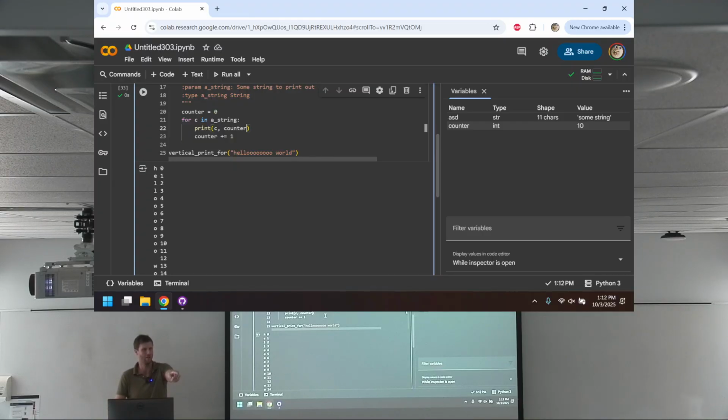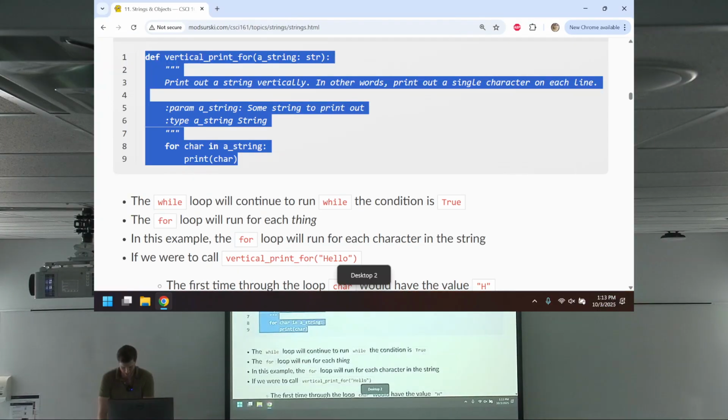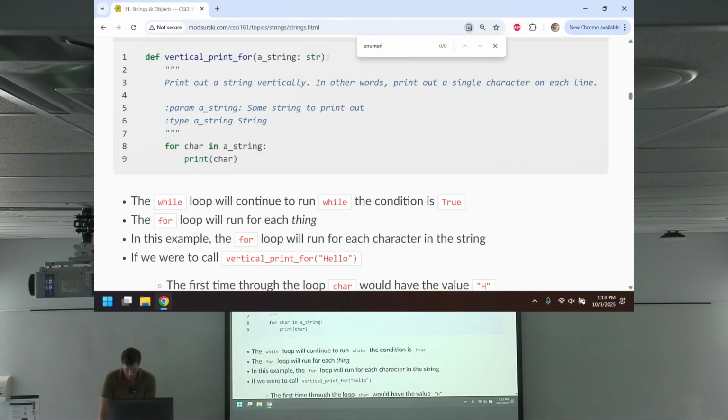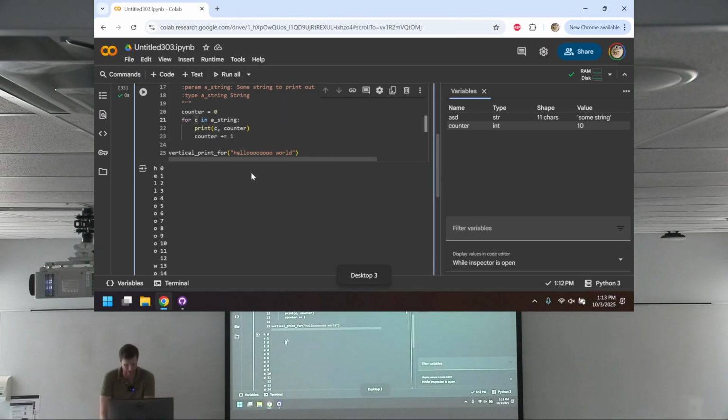You have a question? Could you go like for c, comma, counter in a string and then bake it in? Like, could you add anything into that? Yes, and you'll see. I don't have it here, but yes, I'm going to just show you for fun. Because this is also very common, where maybe you do want a counter to go along with each thing. You want to know which index you're at at the same time. That's where you do for c, i in